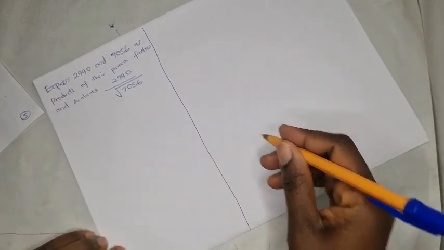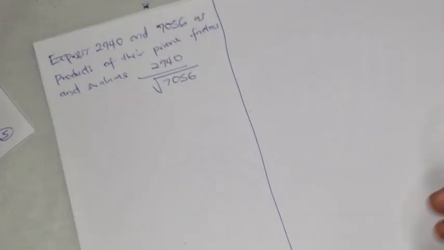Express 2,940 and 7,056 as products of their prime factors and evaluate 2940 over the square root of